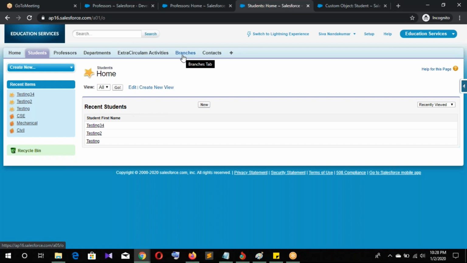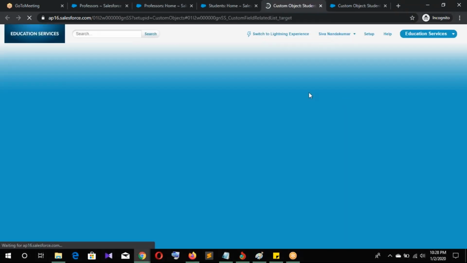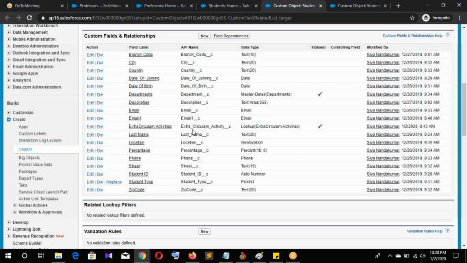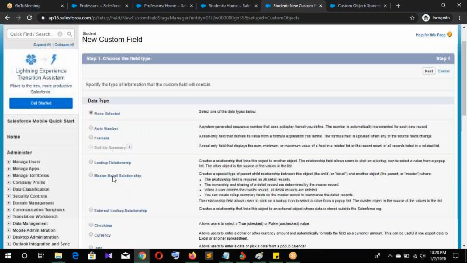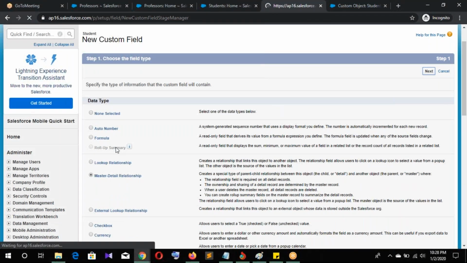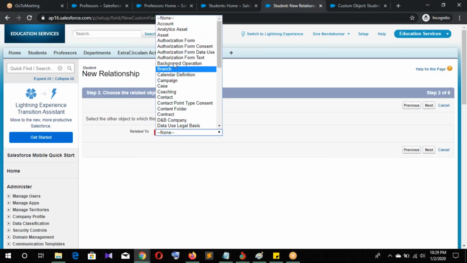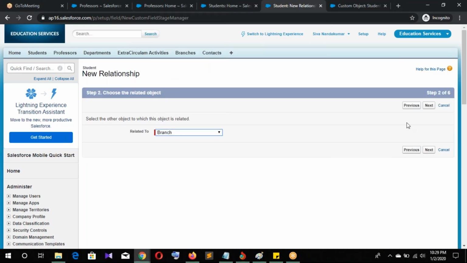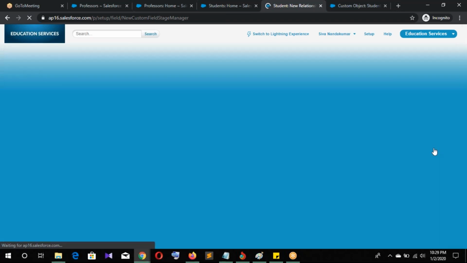In the branch object, I created the student object related to this branch object. The child object has some records. So let's try master detail related to the branch.